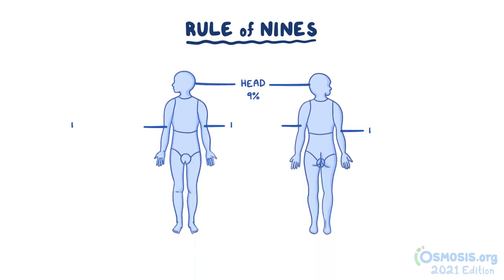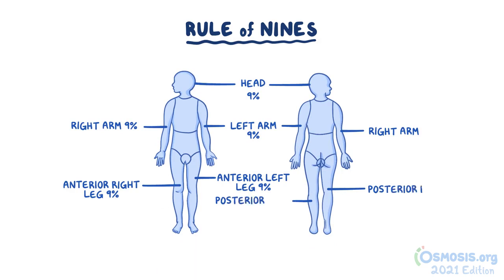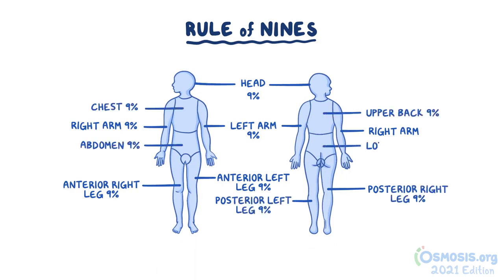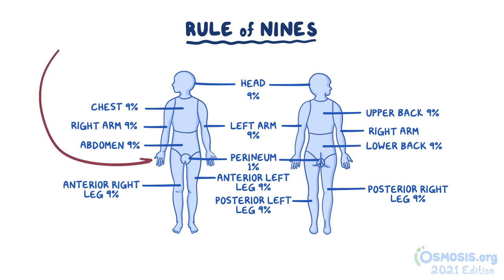The head is 9, each arm is 9, each leg is 18, that's 9 for the anterior aspect and 9 for the posterior aspect. The chest, abdomen, upper back, and lower back each represent 9%. 9 times 11 is 99, so that last 1% is the perineum. Sometimes the burn areas are patchy and it can be difficult to ascertain a percentage. To tackle this issue, the palm can be used to estimate, as the palm approximates 1% of a person's total